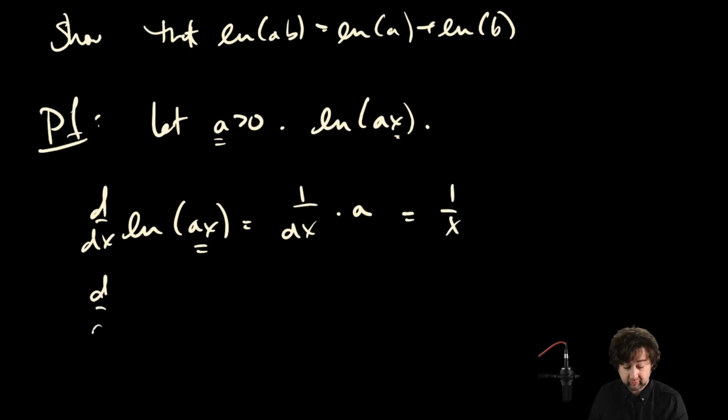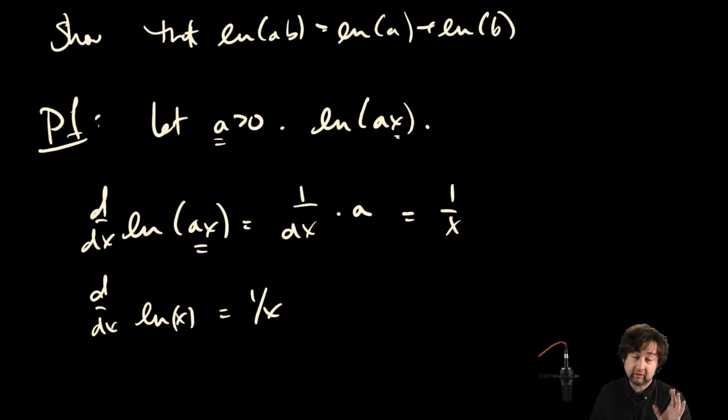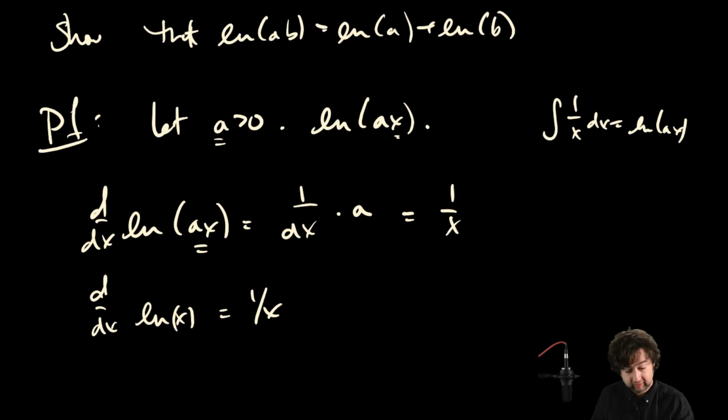But d by dx of ln of x is also 1 over x. So ln of ax and ln of x have the same derivative, which means that they must differ by only a constant. If you integrate 1 over x, you're going to get some function plus c. Both of these are that function, but the plus c is the only thing that's going to separate them. What I'm saying here is if the integral of 1 over x dx is equal to one possible answer, the natural log of ax, and another possible answer, the natural log of x, then these must differ